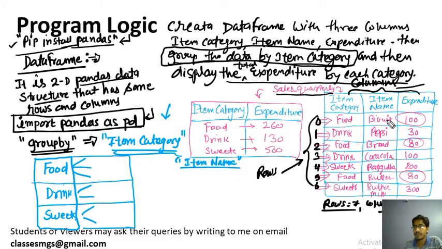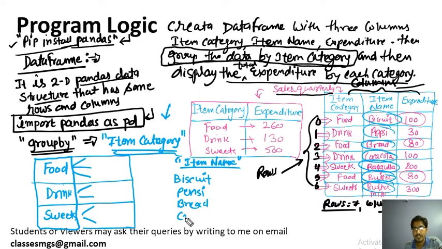Then what will be the groups? Because item name doesn't have any duplicate value, each value will become a group. If there were repeated items, then a group would be created for them. So here 7 groups will be created, because every value is unique. In group by result, the values will be unique. So one Coca-Cola group will be created, another Rasgulla group, a butter group, and a buttermilk group, like this.